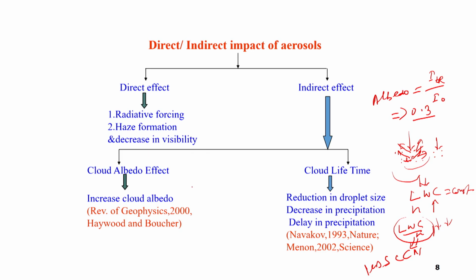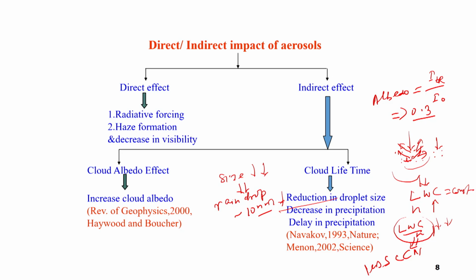If the particle size is small, it will not allow the droplet to grow. If it is not growing, and we need a threshold size for rainfall, so if the raindrop is not up to the size, say about 10 millimeter or so, it will not precipitate. So there will be a decrease in precipitation, or if the precipitation is not decreased, at least it will lead to a delay in the precipitation, because the droplet size has reduced. So the droplet size needs to reach that level so that it can.